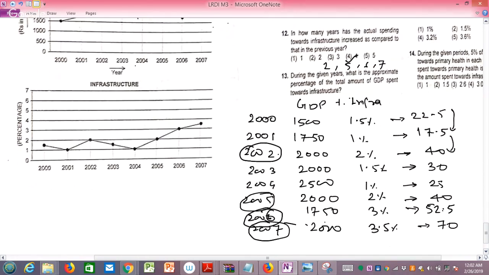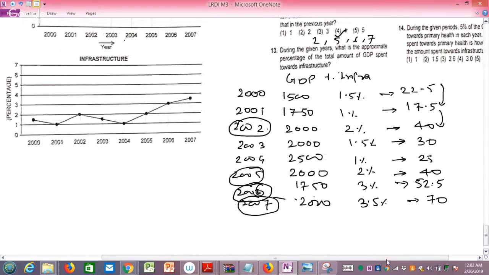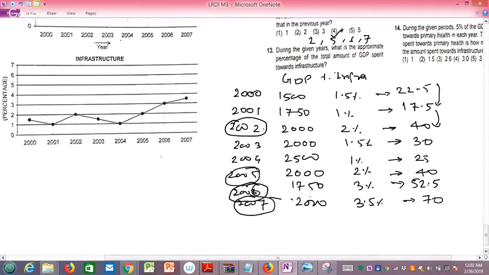Today in the given years, what is the approximate percentage of total amount of GDP spent towards infrastructure? ठीक है, total amount of GDP spent towards infrastructure। पहले तो ये टोटल निकाल लो, तो 200, 175 यानी कि 375, 375, 200, 575,